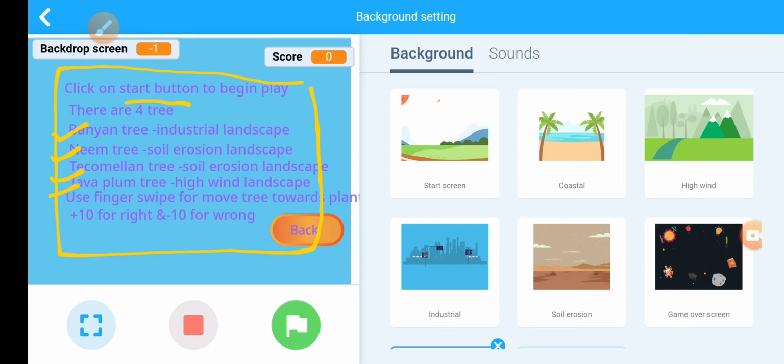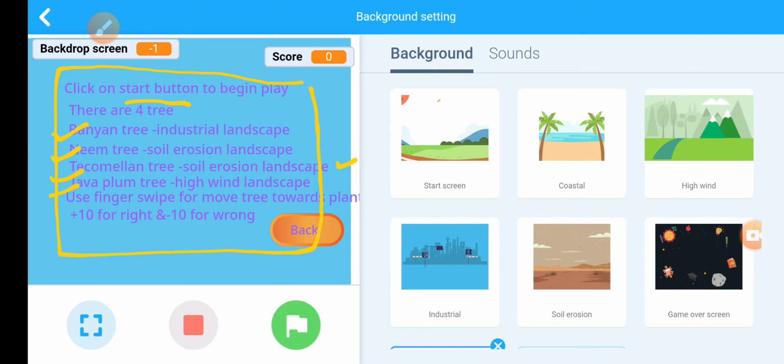Each tree has its specific landscape. Banyan tree has industrial landscape, neem tree has coastal landscape, tecamola tree has soil erosion, and java plum tree has high wind landscape.